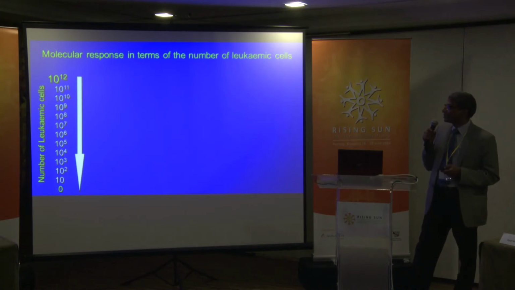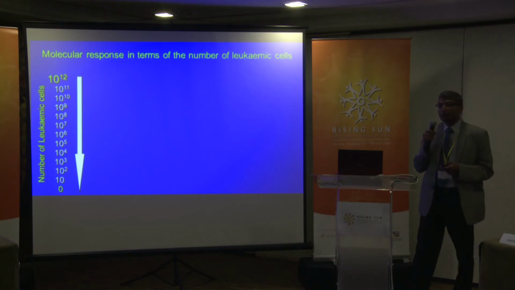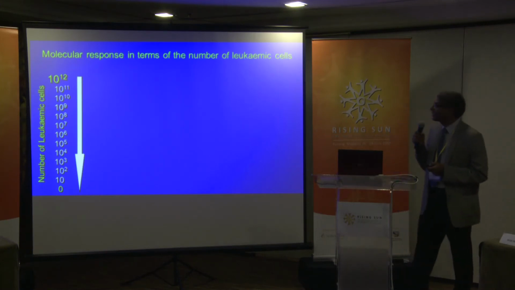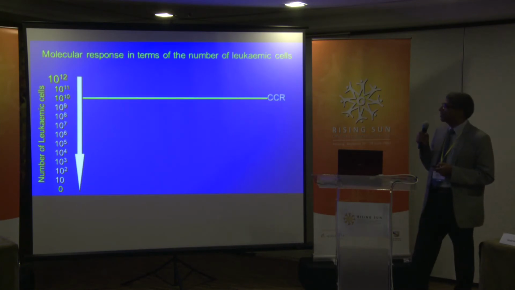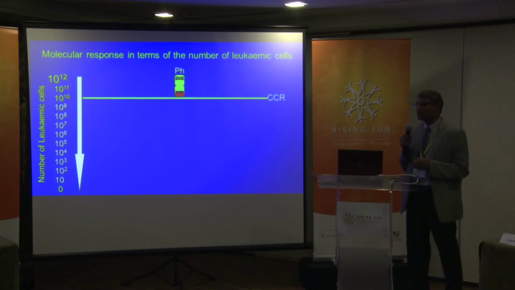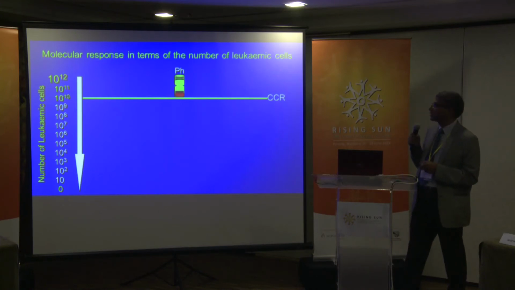So these are the slides which were kindly provided by Sue Bamford from Adelaide. I always use it to teach our residents, and these few slides are quite brilliant. So just to make you understand, as we discussed yesterday in our first session, we have almost 10 raised to 12 cells at the time of diagnosis. And when we initiate therapy, when it comes to around 10 raised to 10 cells, you seem to achieve a complete cytogenetic response. And this is what is known as the negativity for the Ph chromosome.